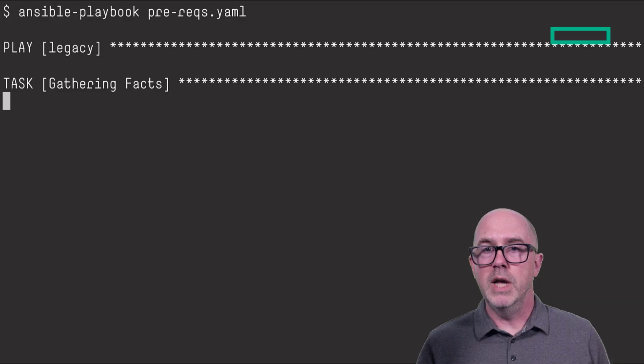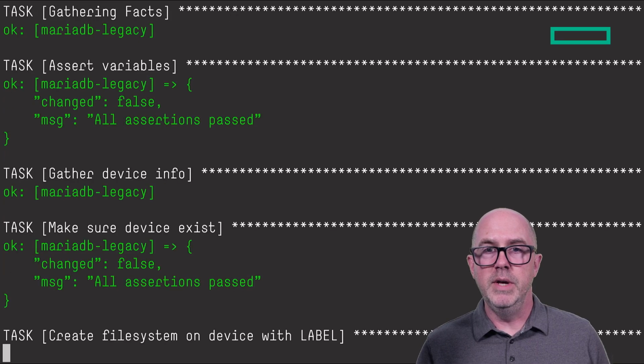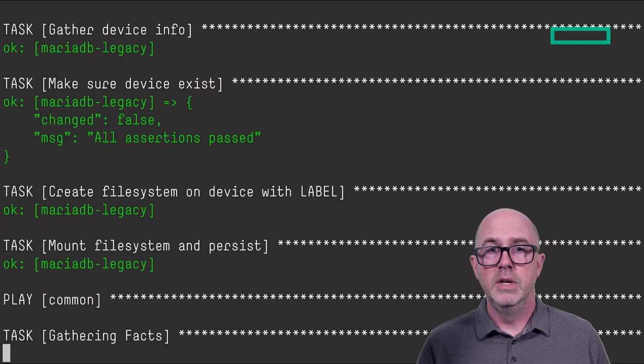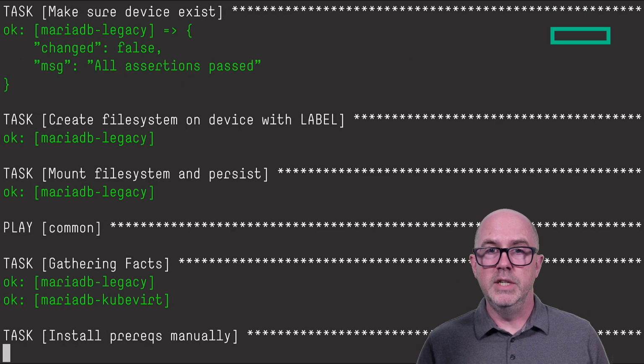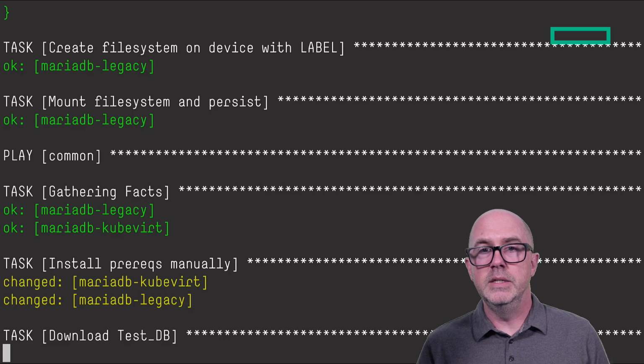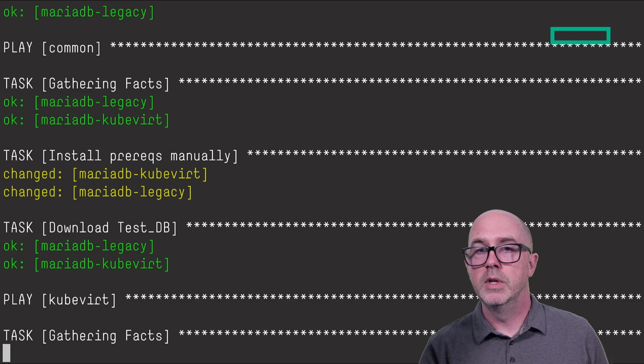An Ansible playbook has been created to install and set up a database on the source and destination virtual machine. It will ensure to mount the data volume where the application expects it and set all the correct permissions and ownerships in the file system itself.